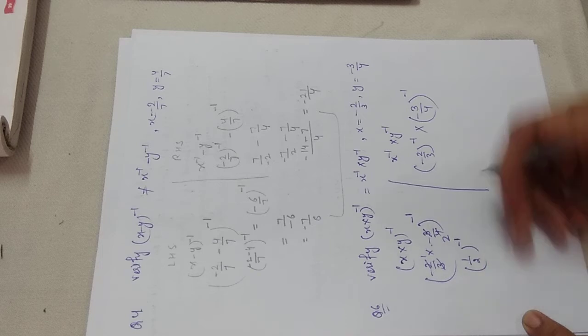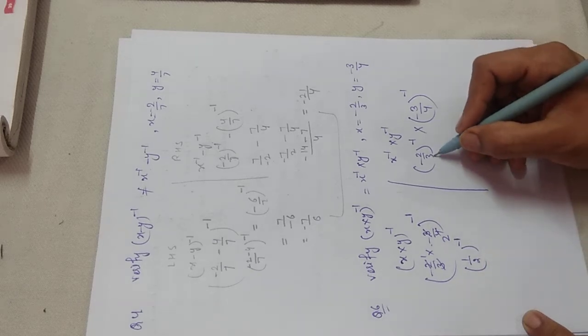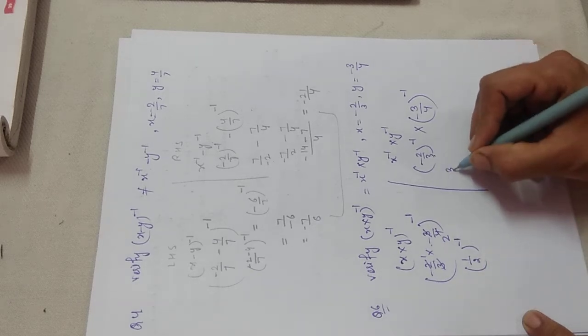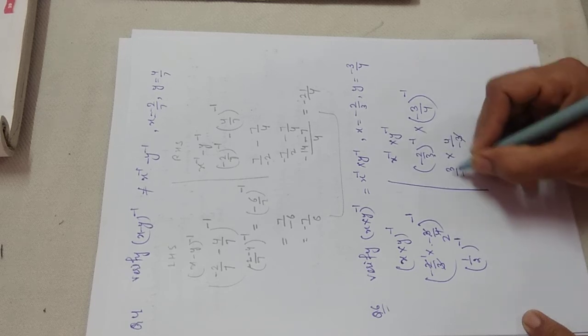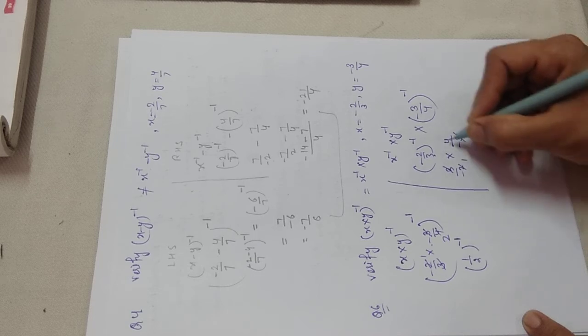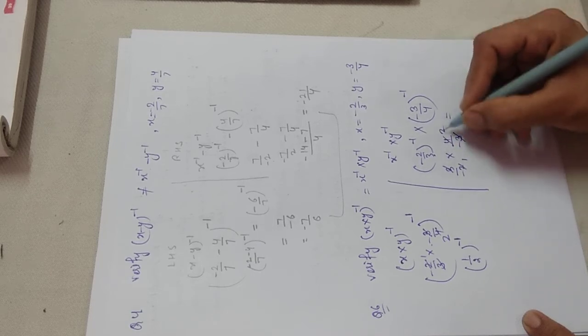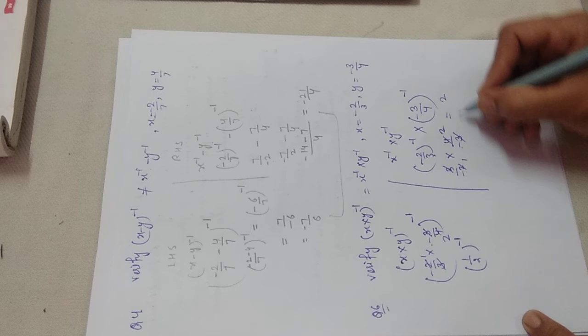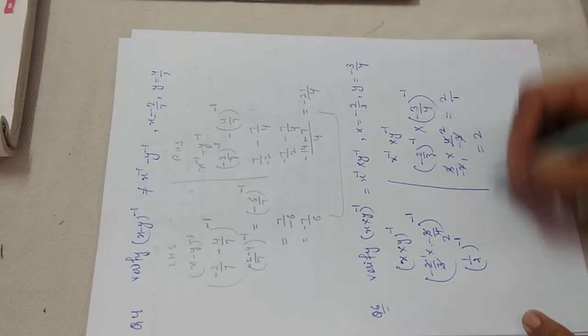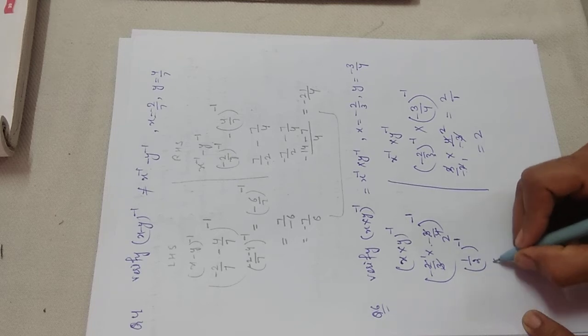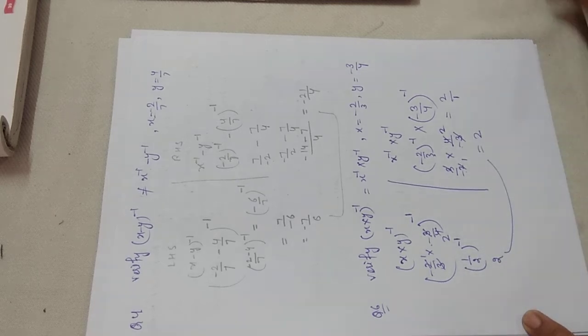First solve the bracket. Now we will take the reciprocal. This will be 3 by minus 2 multiply 4 by minus 3. 3 and 3 cancel, 2 ones are 2 and 2 twos are 4, negative multiply negative is positive, denominator 1. 2 by 1 we can write as 2. And the reciprocal of 1 by 2 is 2. Now we can see that the left is equal to the right side, hence it is verified.